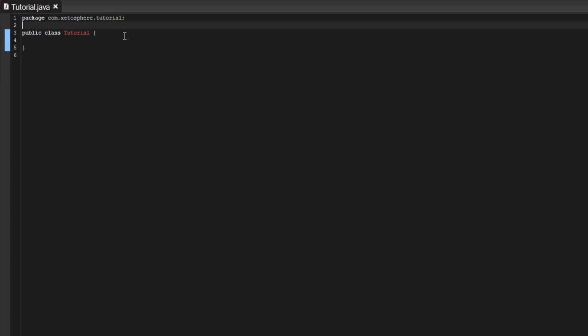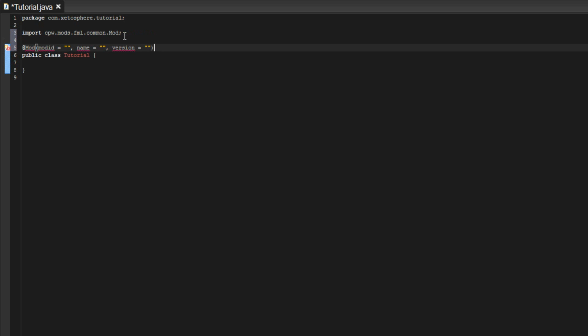Now there are a few things that you need. The first thing being @Mod. Inside here we're gonna have three parameters, one named modid, and we're going to set it equal to two quotes, a double quote for now. We're going to have name and set that equal to the same, and we're going to have version equal to double quotes again, and that's it. So Control Shift O and we import that,